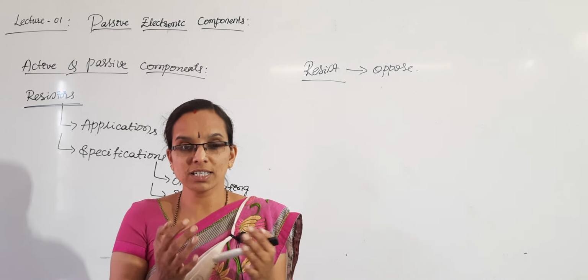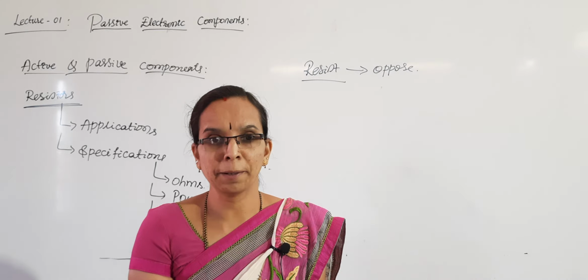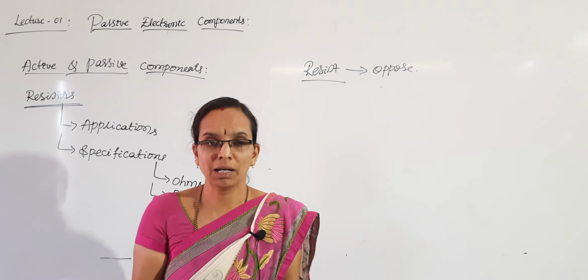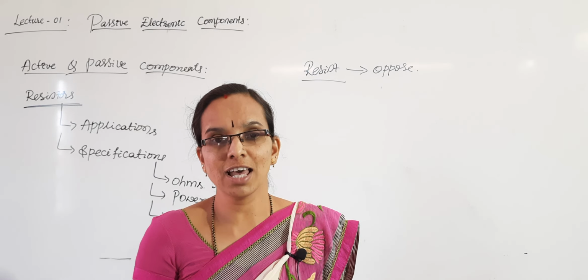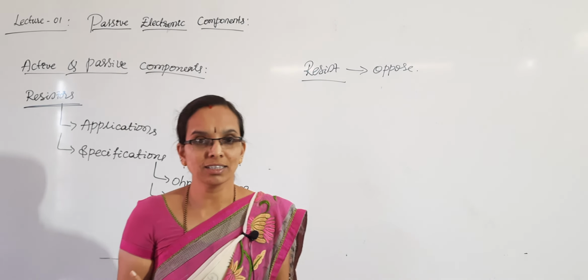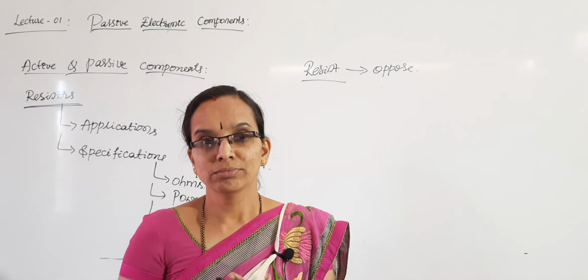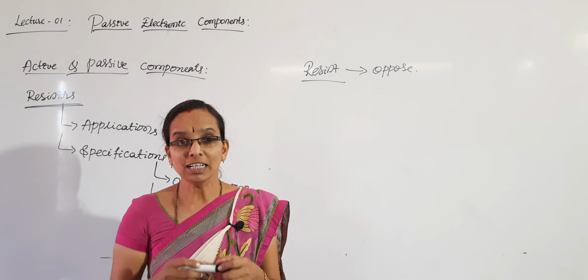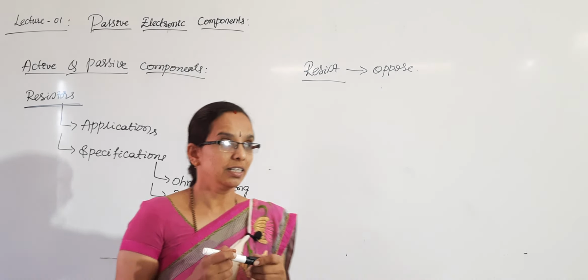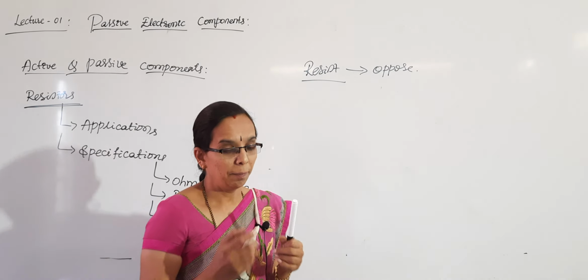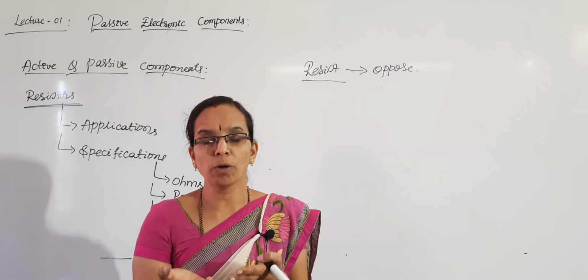So, the resistance value varies from component to component, material to material. Wood, rubber, plastic have more resistance, so they will not conduct electricity. Whereas copper, aluminium have less resistance, so they can conduct. In the same way, resistance may be little or more, but all materials exhibit the property of resistance.